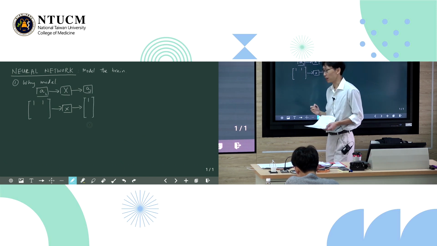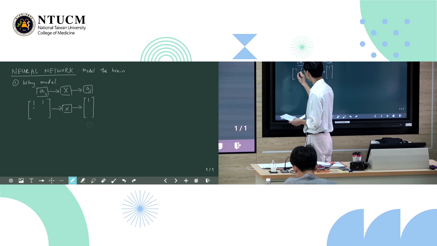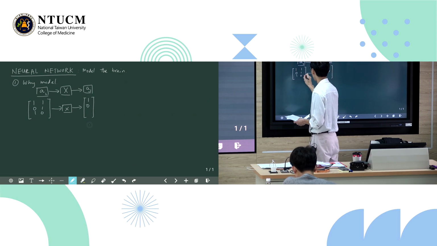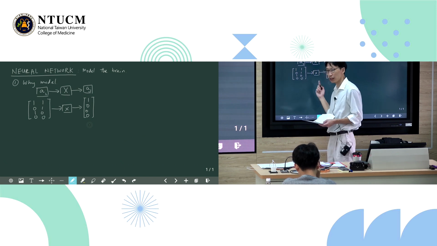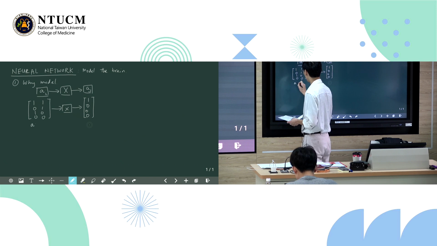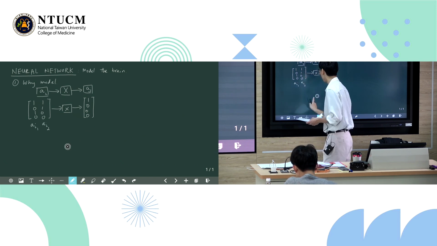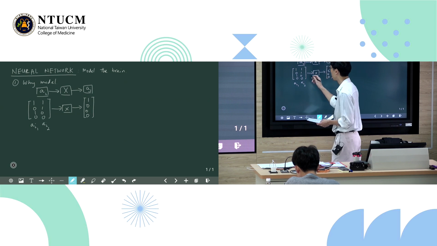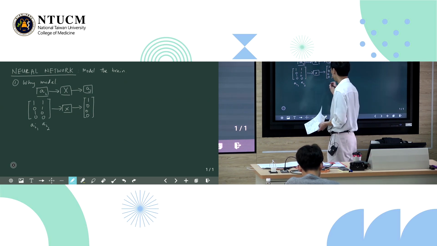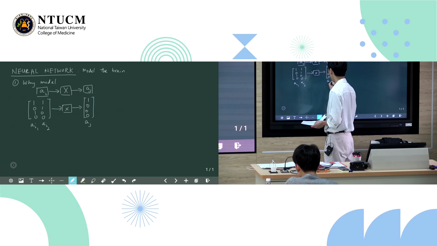Another kind of input would be maybe you change it. Now it's 0, 1 and it says 0. Likewise, you can fill this up. And this is what we'll be dealing with today. You will have 2 input elements, 2 input units. We call them A1, A2. It goes into this weird machine, and then it spits out an AJ, an output.